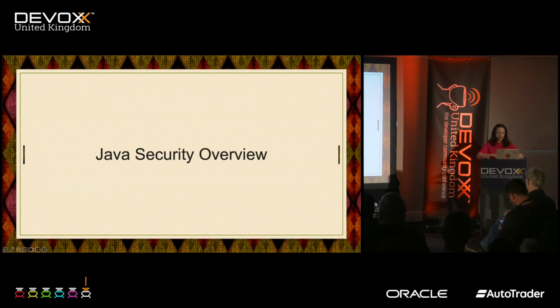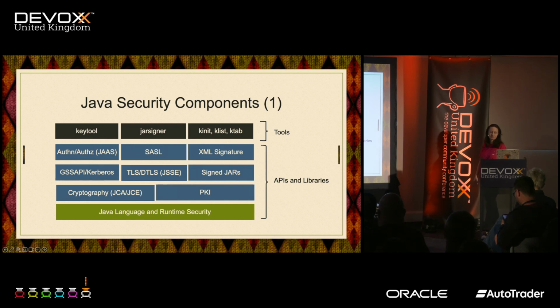And today's talk is going to touch a few points about Java security. And I want you to have a good dictionary with you when I'm talking about those things so that you would know to which block from Java security I'm referring to, because this is quite broad. So let's look at the components that we're going to refer to today. Java security consists, of course, of language and runtime security functionality, along with a comprehensive set of APIs and implementations that cover many different areas.